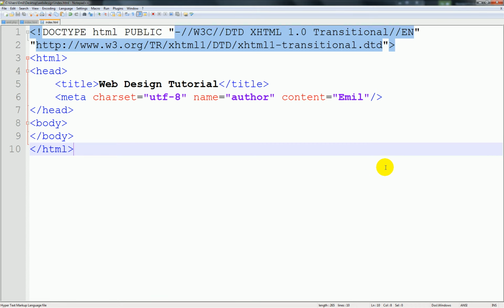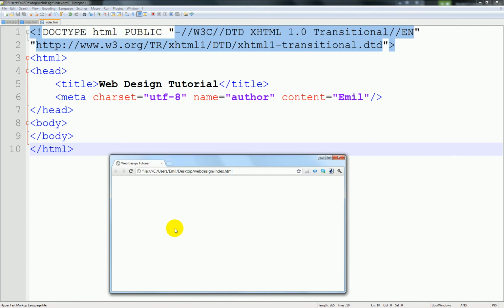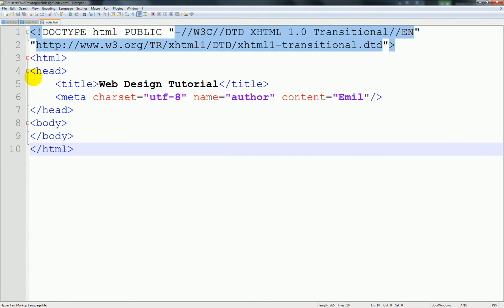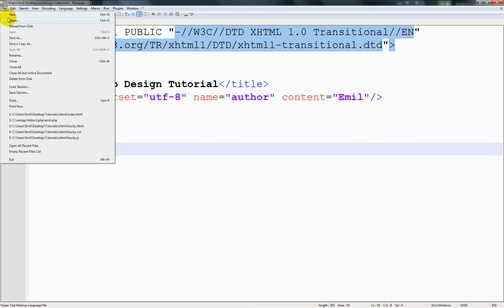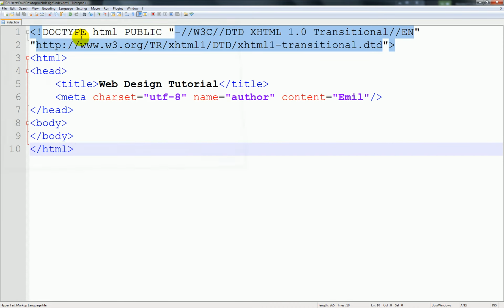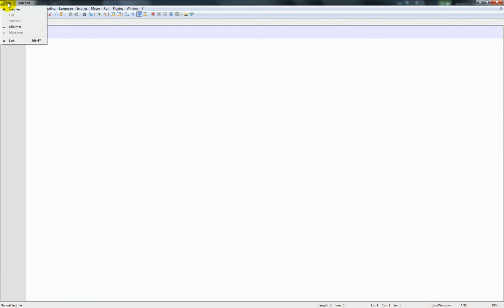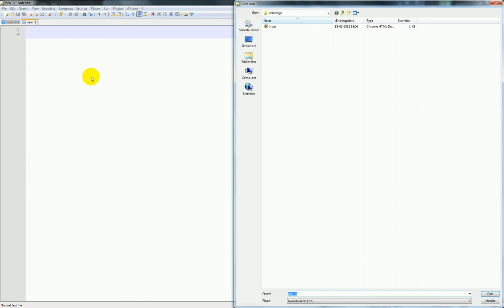In this tutorial we're going to be adding actual content to our website. But before we do that, I'm going to close these files so you don't get confused. I'm going to create a new file, and I'm going to save this as, I don't know,